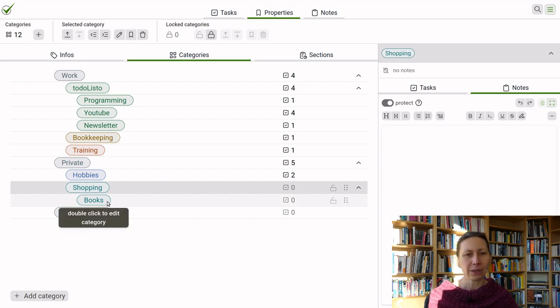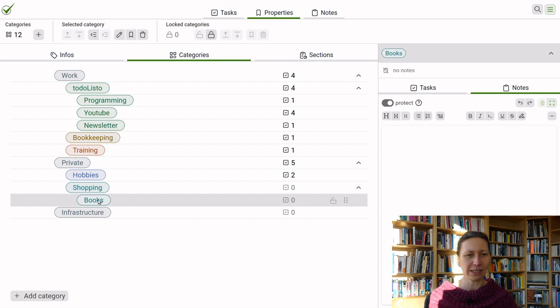And so I just added myself another category here for books, because I usually have a to-read list. I collect if somebody recommends a book, so I put that on my to-read list. And so I have a long list of books that I like to read. And so I put them in. I haven't done that here for this example, but you can imagine just having books listed here.